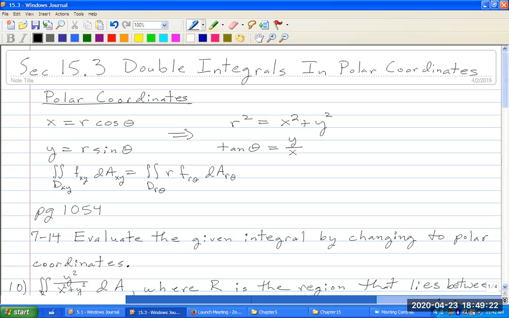So rather than having the x-axis and y-axis and looking at some ordered pair, we will instead look at, boy, it's slow today, some polar axis and measure the angle from that polar axis